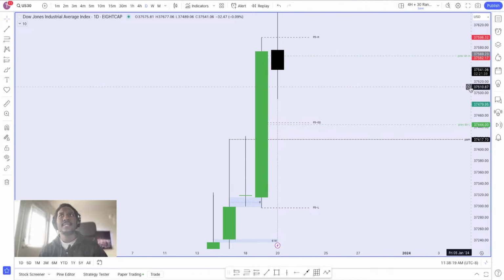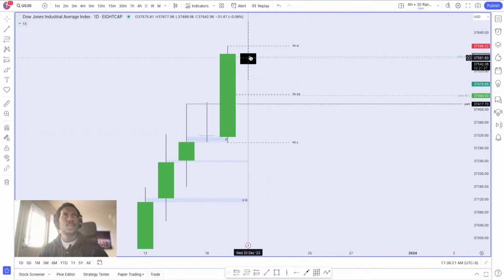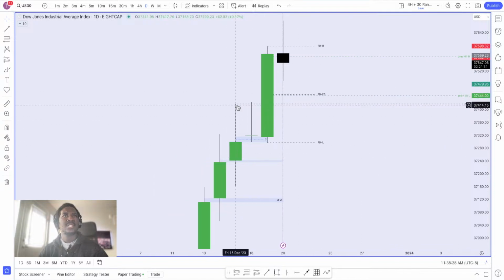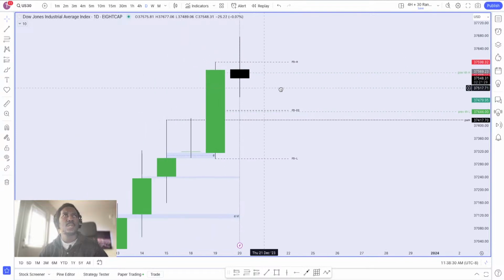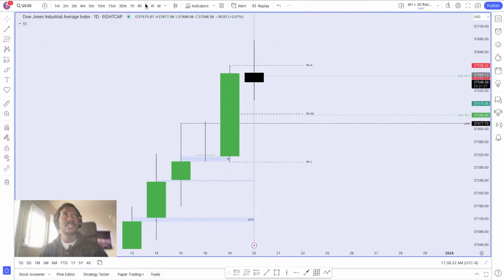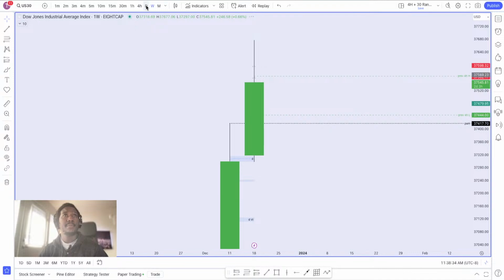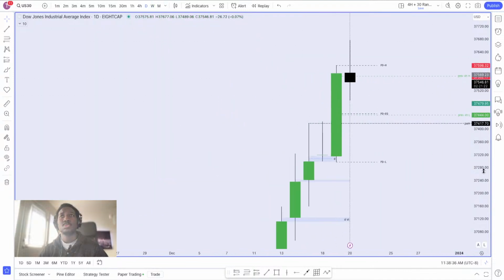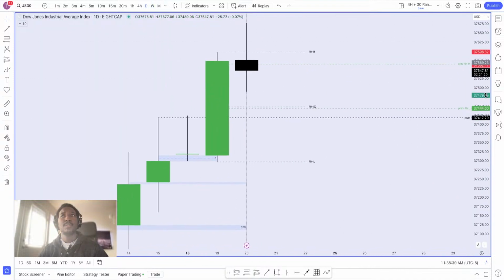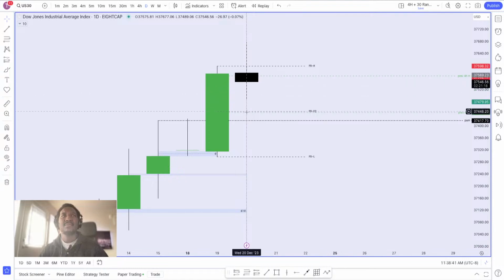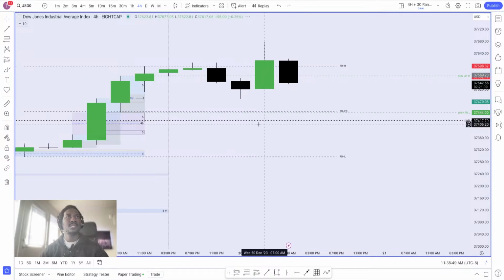Let's look at the daily. So this is the previous high and the low, the previous day EQ. This is that previous week high. I can see the daily candle is now flipped to bearish. So where could we be going? The next level I'm seeing on the daily time frame would be the previous day EQ, or we work our way up to go back to the previous day high. So that's as simple as it is.